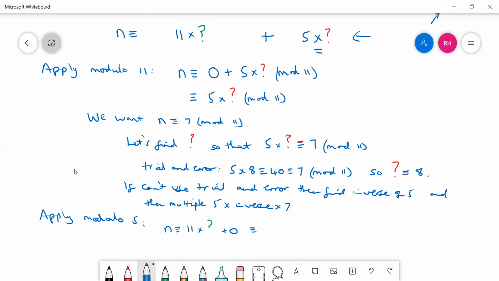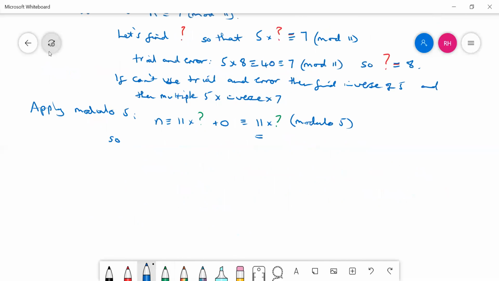And so that's just equivalent to 11 times that, modulo 5. Remember, in this crazy world of modulo 5, we can apply modulo to that to make it simpler. So n is equivalent to, what's 11 modulo 5? That's just 1 times the question mark